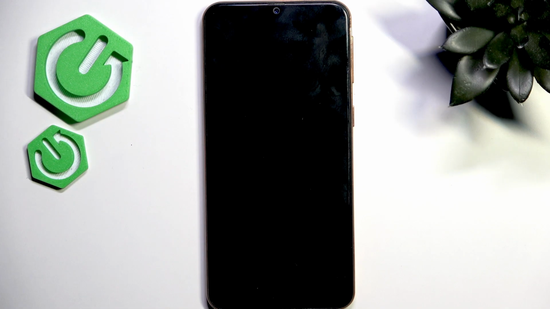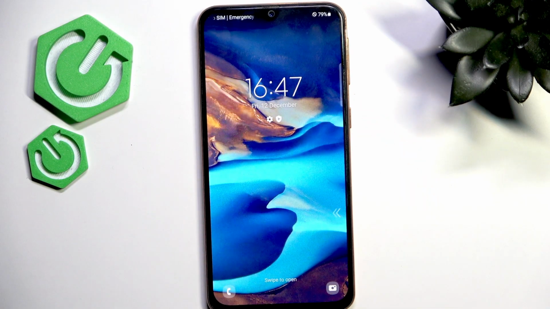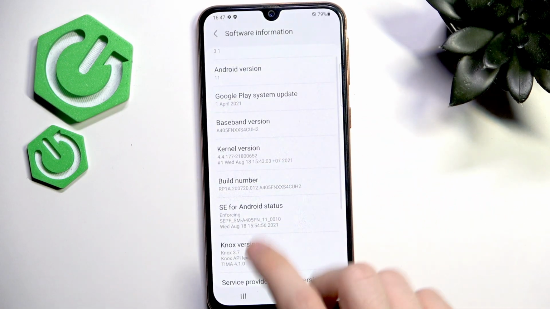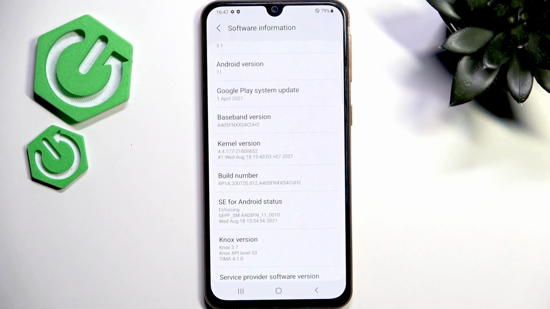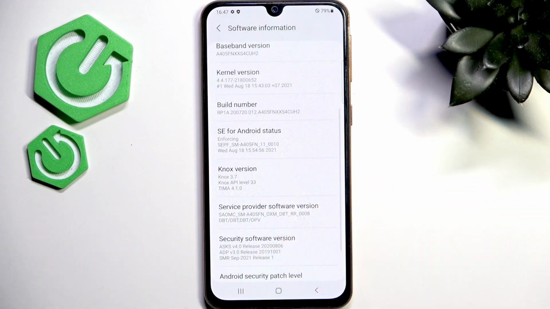Now, one more thing is that if you don't want to lose your data on the phone, not only the revision must be newer, but if you don't care about the data being lost, then you can get the older version within the same revision. I'll show you that later on the website. But if you